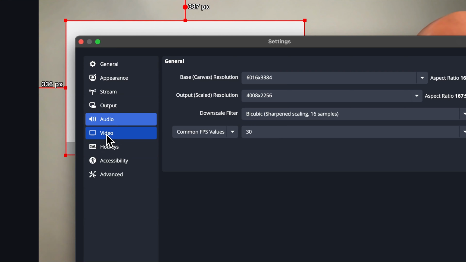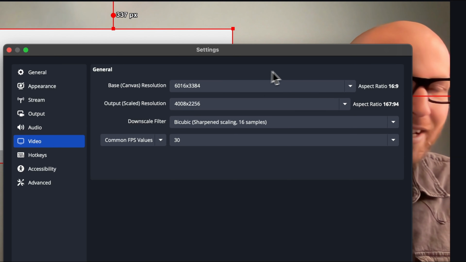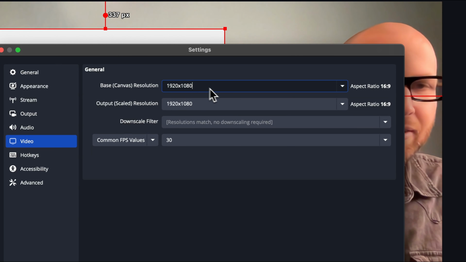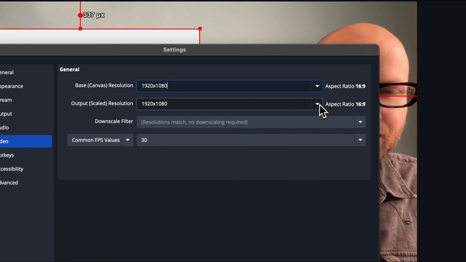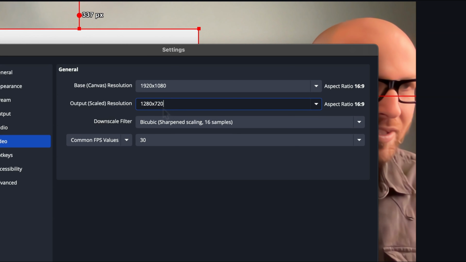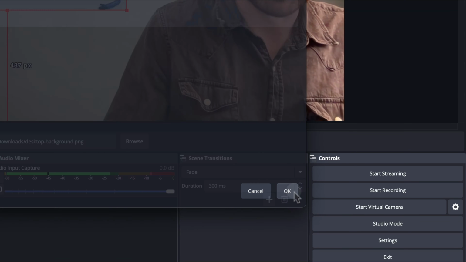Now, if we jump over to video, we've got, I think, the main culprit for why this wasn't working. It is a 6K video, which is really big. So let's knock it down to 1080, and then the output resolution is 1080. And I think that 1080 is a really decent resolution to live stream at, and would probably recommend that. We can output at a lower resolution, like 1280s, just so that it's even smaller for the server. So in line again with keeping things as small as possible, let's output at that resolution, hit OK, and then